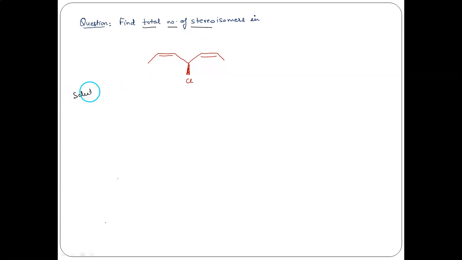Now again, before we refer to the solution, there are a few things I want to say. As we have seen, in its current form, when you draw a molecule like this, it has an element of symmetry. We can see a plane of symmetry over here, right? However, if you change the side substituent from cis position to trans position, the molecule becomes asymmetric, right? Because in any case, this cannot have a reflection of a trans, right?